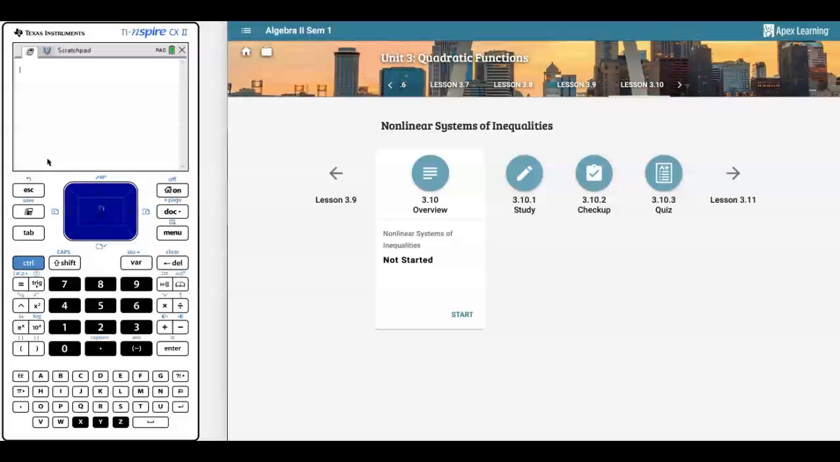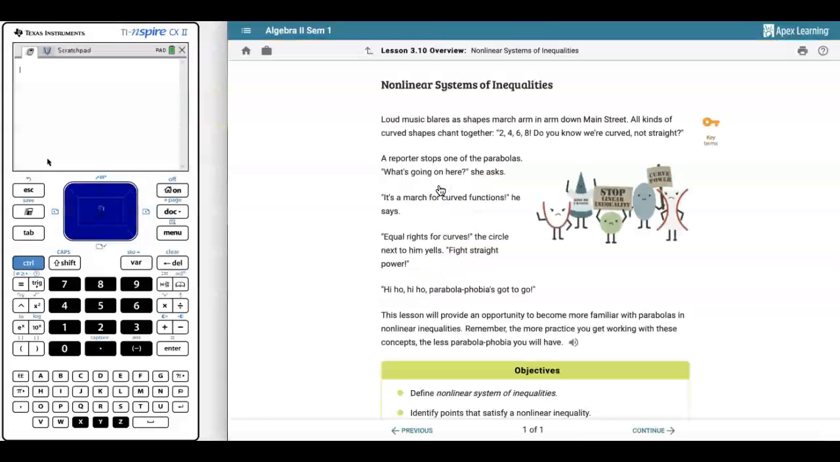All right, so this is the last video lecture for Unit 3 on nonlinear systems of inequalities, right? So it's going to be very similar to the one you should have just watched for 3.9, but now we are dealing with inequalities. So if we look here at our overview, we're talking about curve functions still, but also non-linear inequalities. So, right, putting together two of our favorite things,